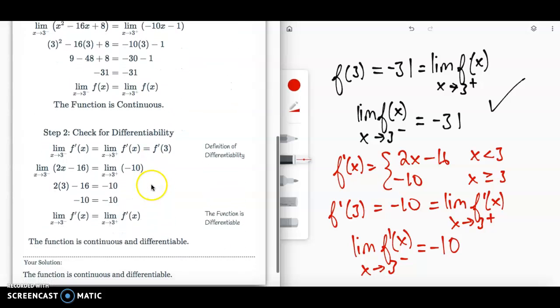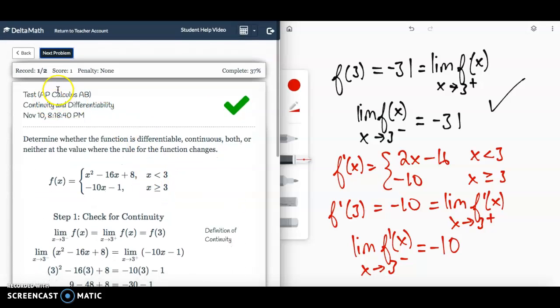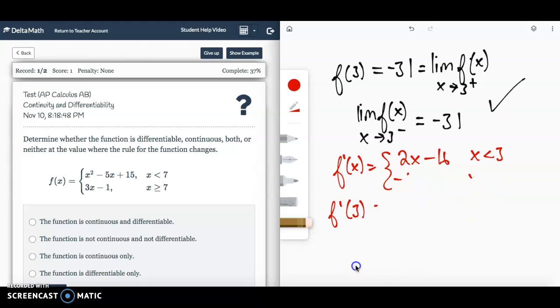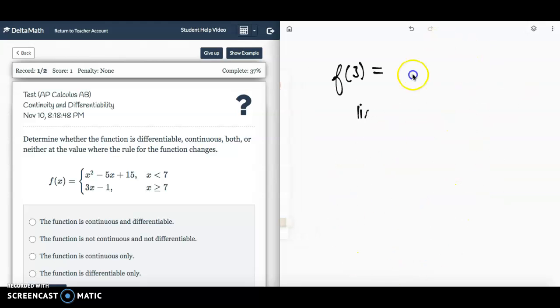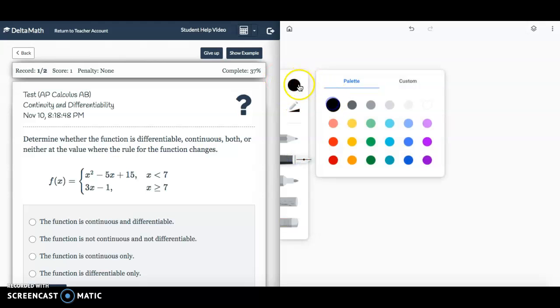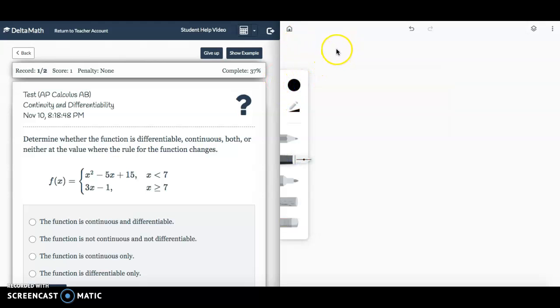And then they do the same thing that we did. All right, let's try it with one more of these pieces. So again, this is where I right off the bat usually start off with continuity, because if your function isn't continuous, there's no way it could be differentiable. So f of 7, which would also be my right-hand limit, would be 3 times 7 minus 1